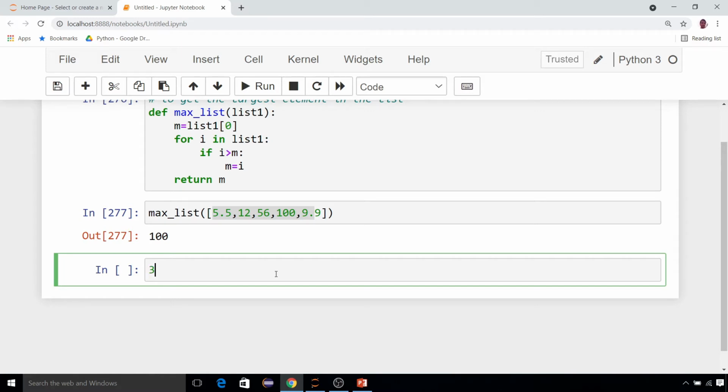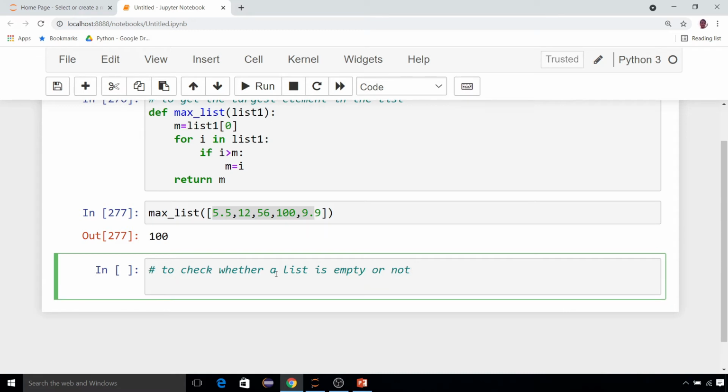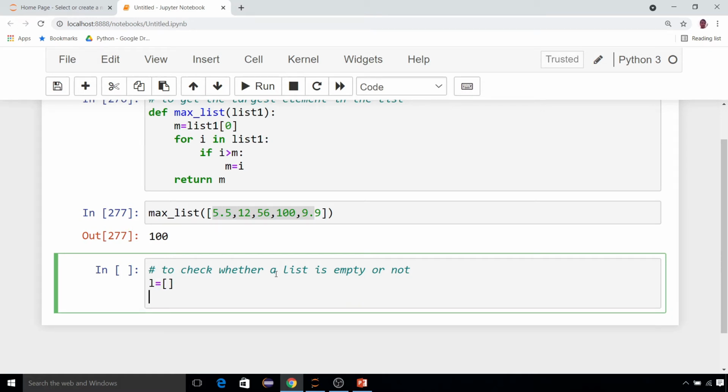Okay, let's do another one to check whether a list is empty or not. I want to just check whether a list is empty or not, and for this suppose I am using an empty list. You know how to use an empty list. You can use a list with some values also, but suppose I am using an empty list and I am checking if